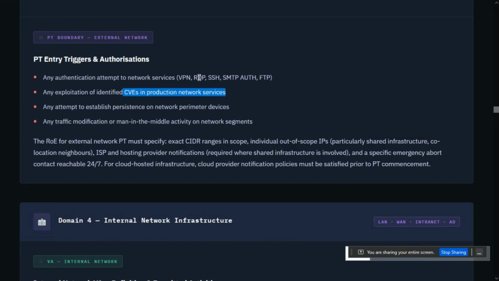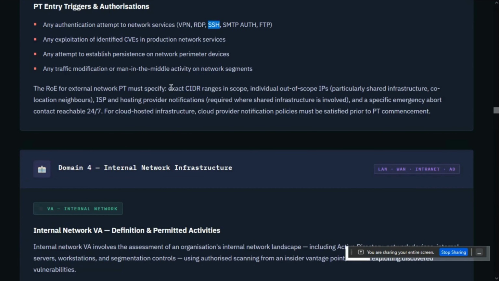And of course, let's say you're trying to establish a secure shell connection to network services for any remote management and so on, or you are trying to even access what is behind this IP address. It definitely is a PT activity, not a VA. So the ROE, of course, has to specify the CIDR range, subnets, what is not part of scope, and